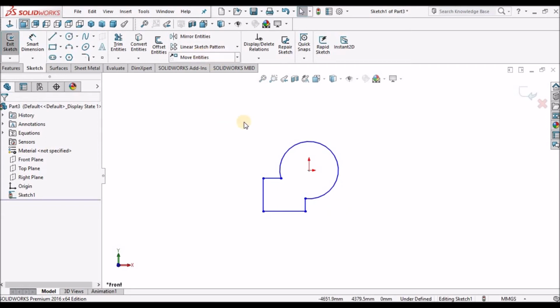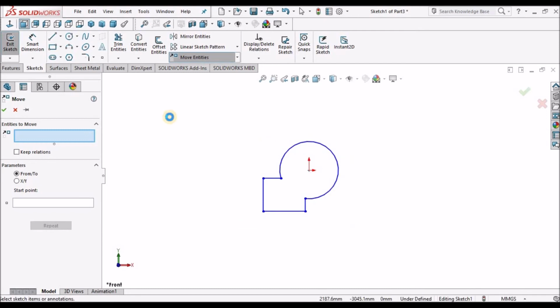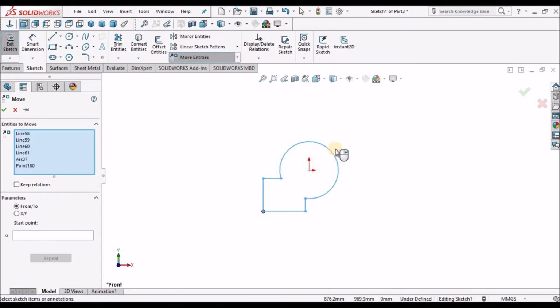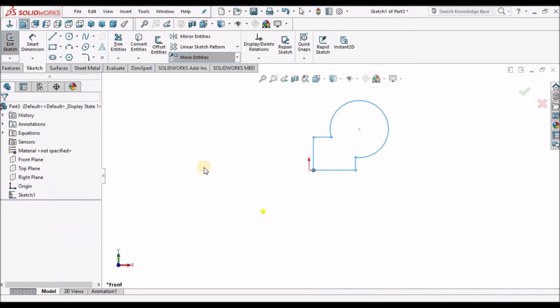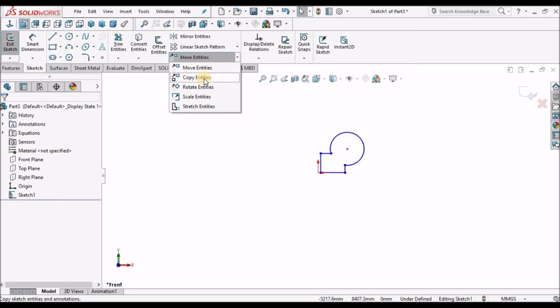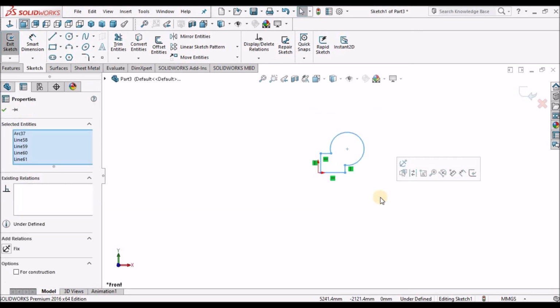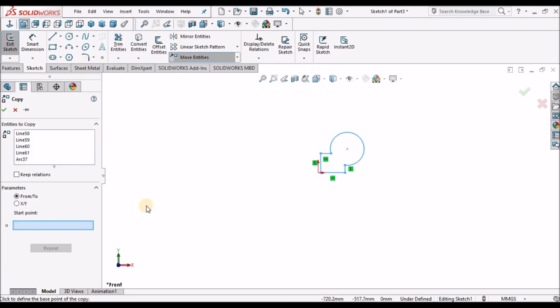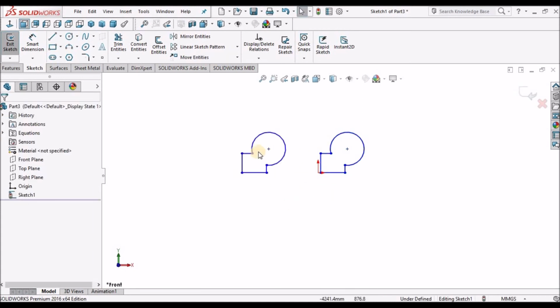I want to move this entity, so I click this entity, the move entity option, and select any point, so I can move it anywhere. Next is copy entity. I want to copy this logo and place it in some other place. I can copy this, so two logos.